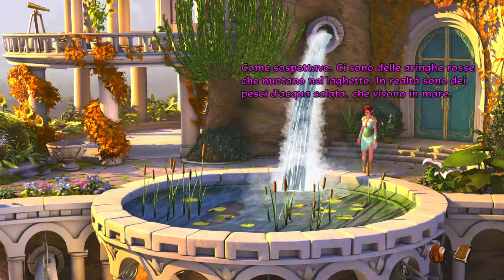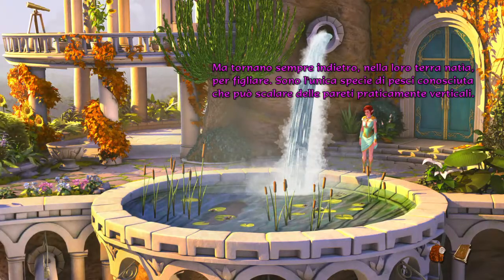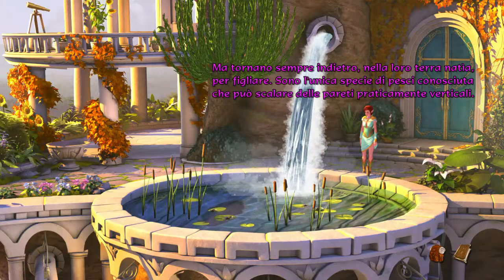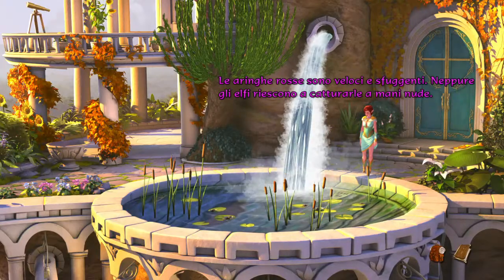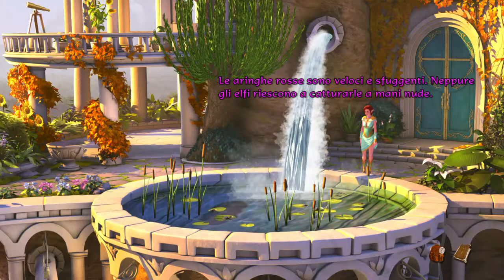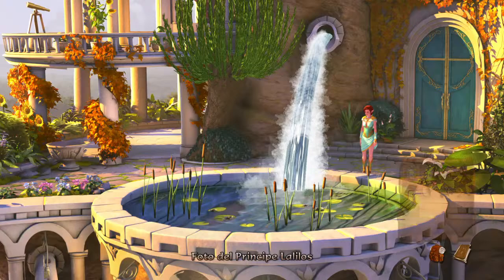They are really saltwater fish that live in the sea. But they always come back to their homeland to breed. They're the only known fish variety that can scale nearly vertical cliffs. Red herrings are fast and slippery. Even elves can't catch them with their bare hands. Red herring...